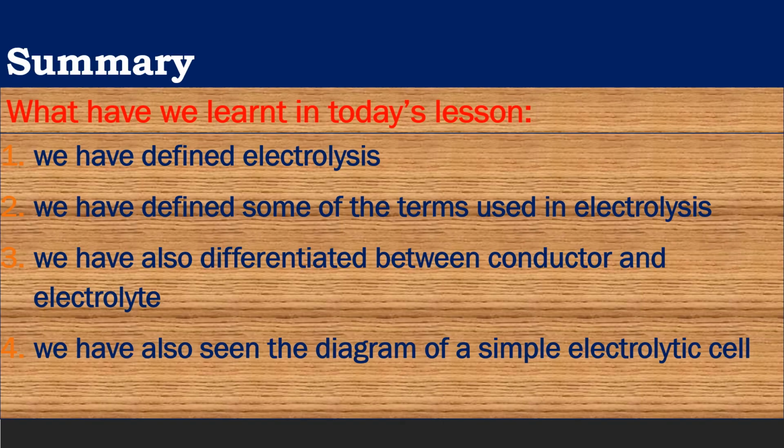Alright, what have we learned in our lesson for today? The first thing is that we've been able to define electrolysis through different definitions. And the second one is that we've been able to define some of the terms used in electrolysis. And the third is that we have been able to also differentiate between conductor and electrolyte. And lastly, we have seen the diagram of a simple electrolytic cell, and so we should be able to draw